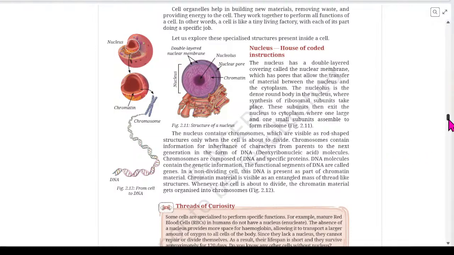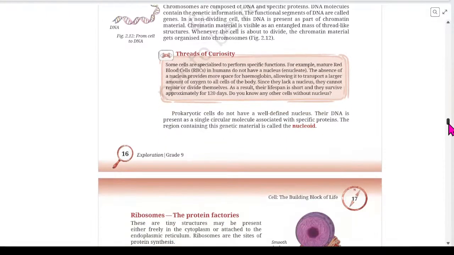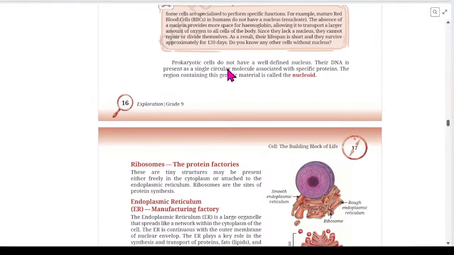Whenever the cell is about to divide, the chromatin material gets organized into the chromosomes. Prokaryotic cells do not have a well-defined nucleus. Their DNA is present as a single circular molecule associated with specific proteins, and the region containing this genetic material